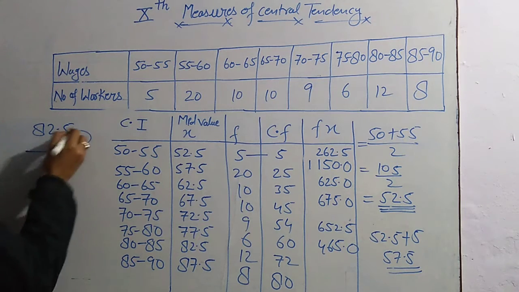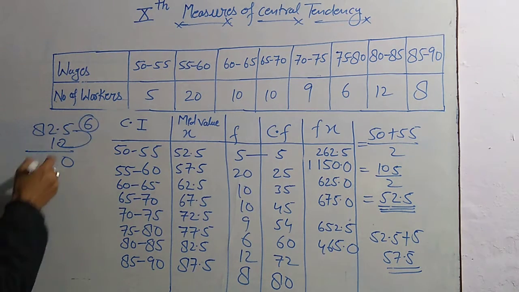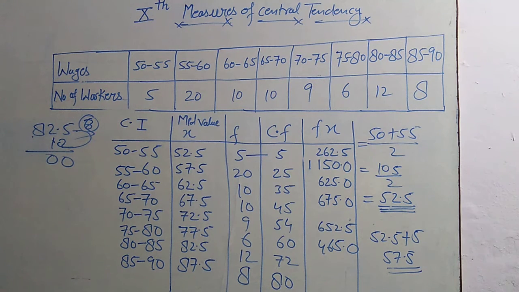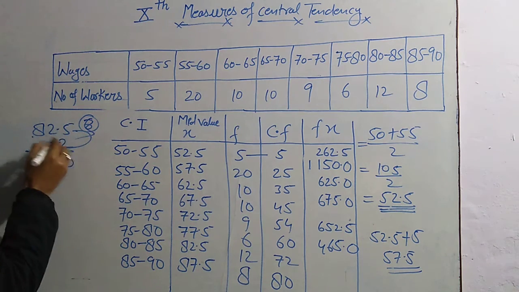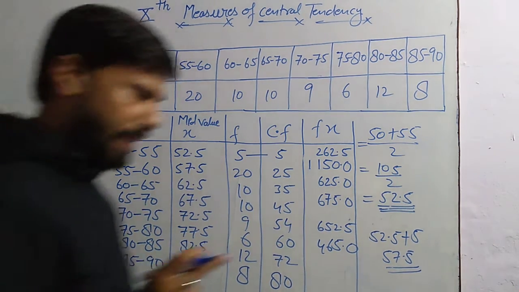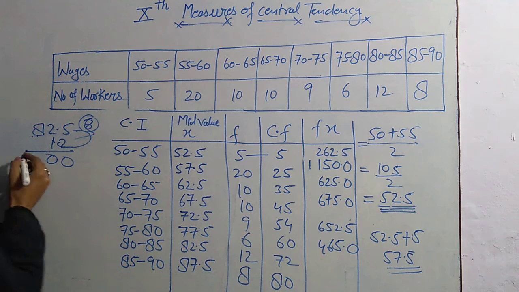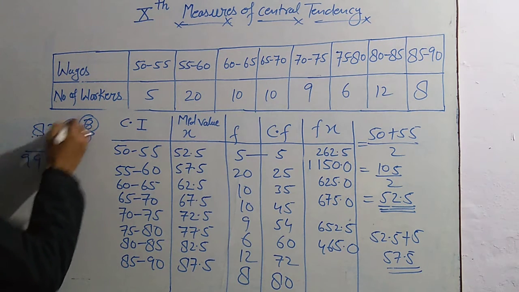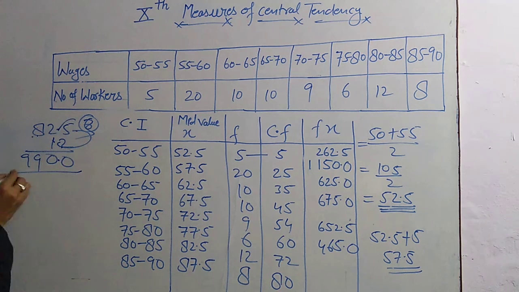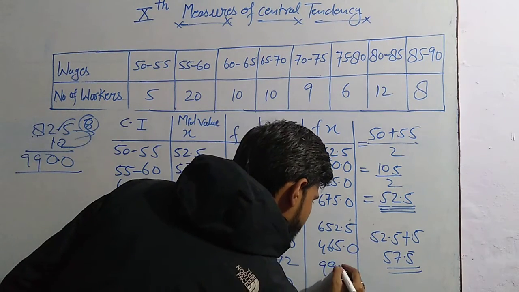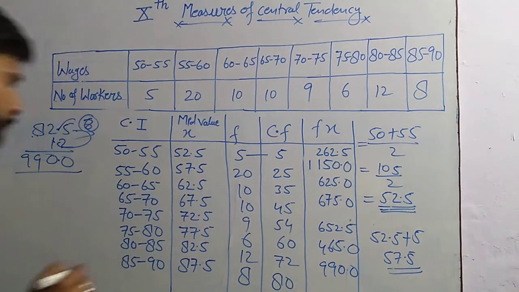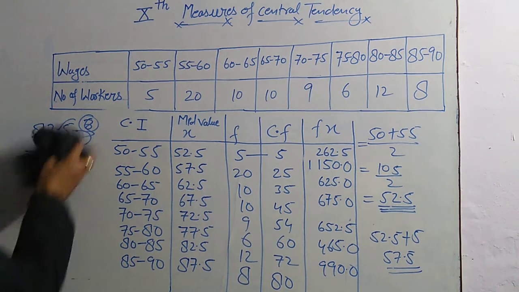82.5 multiplied by 12. 12 5s are 60, carry 6. 12 2s are 24, 24 plus 6 is 30, carry 3. 12 8s are 96, 96 and 3 is 99. It means the decimal is one place. Then we get 990.0. The last value is multiplying by